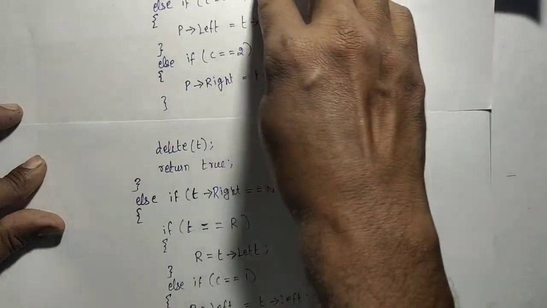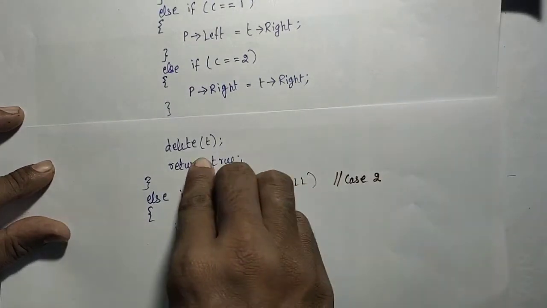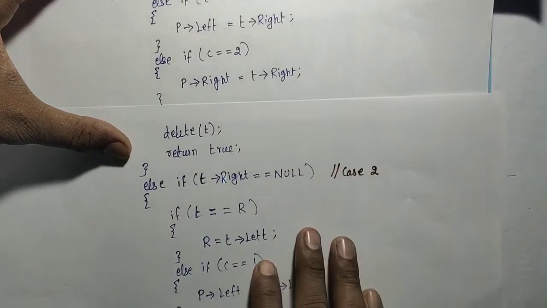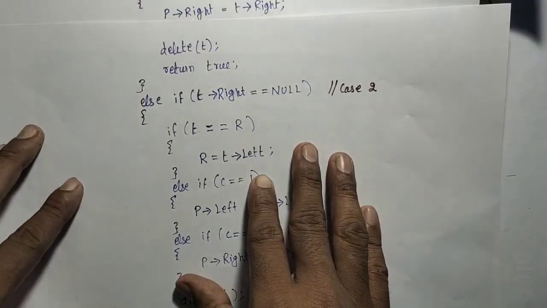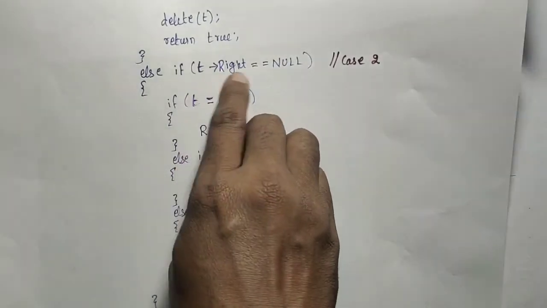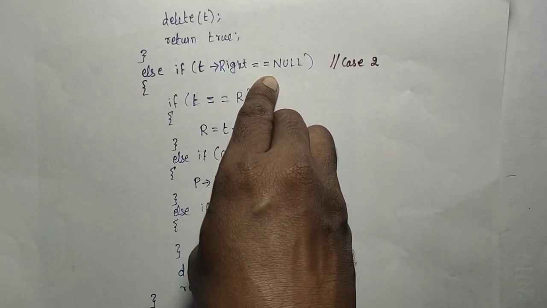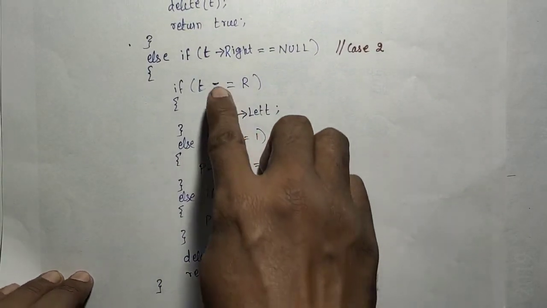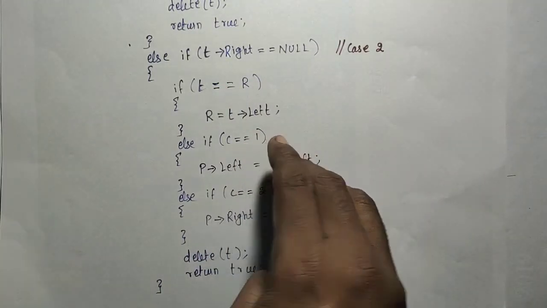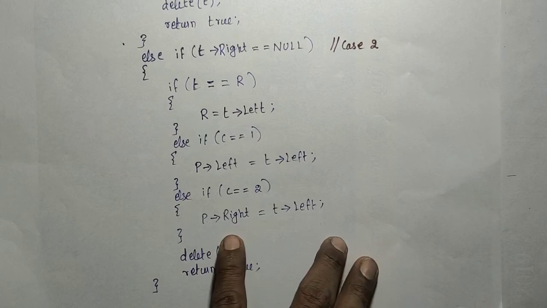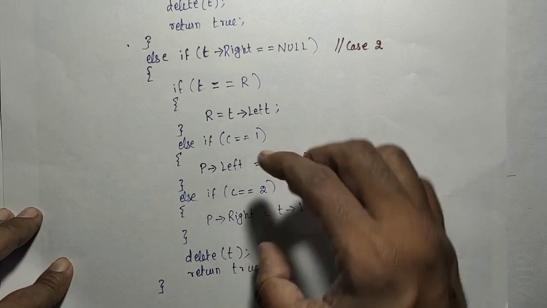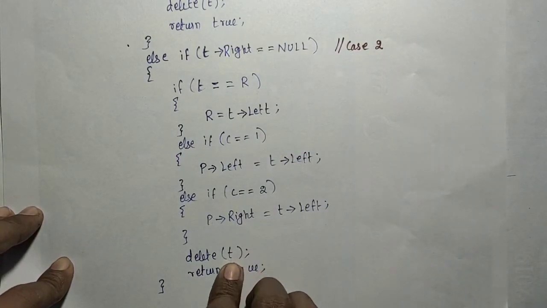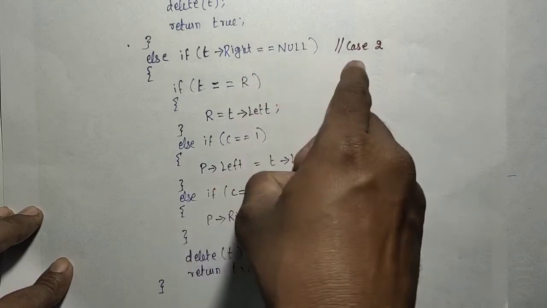Based on that I have to disconnect the T from the tree and then I have to delete the T and then you have to return true. So this is the case 1, so it will return true. The case 2 is what? Left is present, left is not equal to null, but right equal to null. Okay, it means that the T is having only the left subtree. So in that case again the 3 cases: T is a root or the T is a left of the P, T is a right of the P. Okay, so in that case this is the code for disconnecting the T from the tree. Then T has to be deleted and then I have to return true. Okay, so that is case 2.